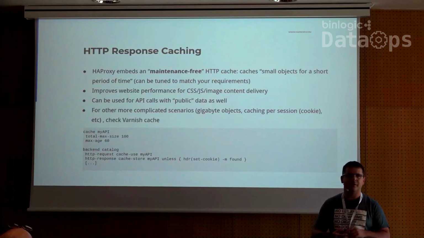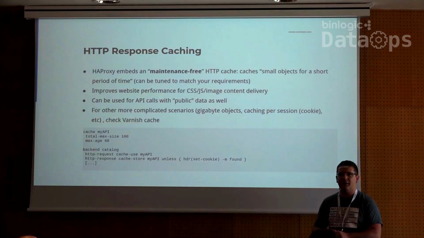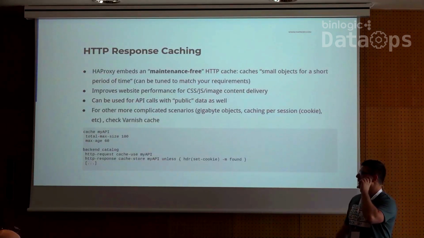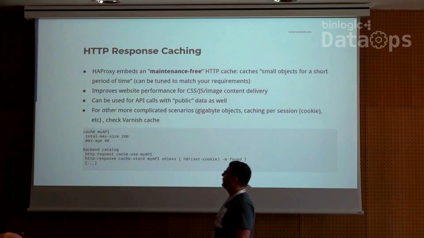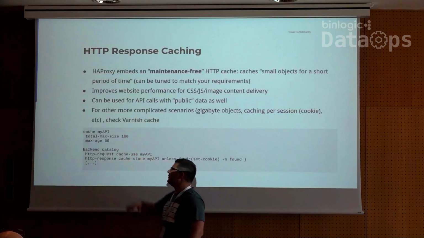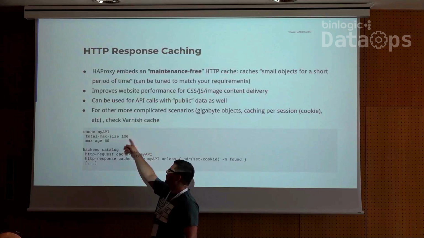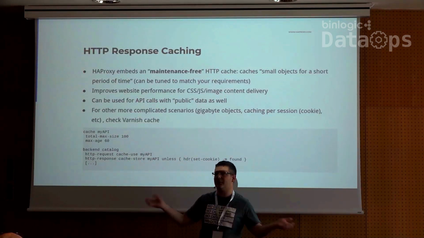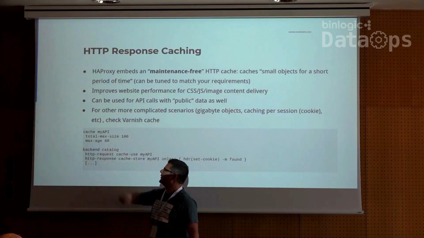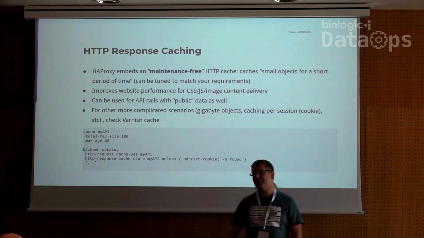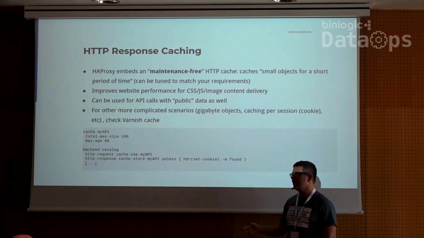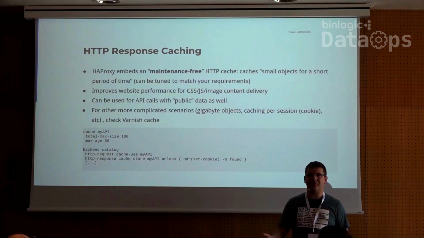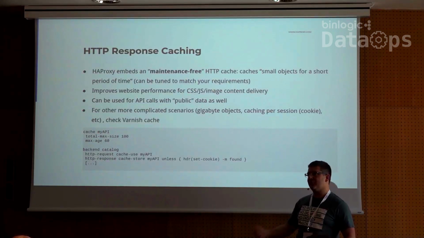So basically the CSS, the JavaScript, HTML pages, anything that is static should be cached and could be cached. You have a couple of directives. First, you need to create a cache memory allocation. So in that case, total cache will be at most 100 megabytes, the total of data. And max age of the data will be 60 seconds. It means that if there is a wrong object cached, you know that at most, after 60 seconds, the data will automatically be purged. Even if you put 1 second, it's interesting.